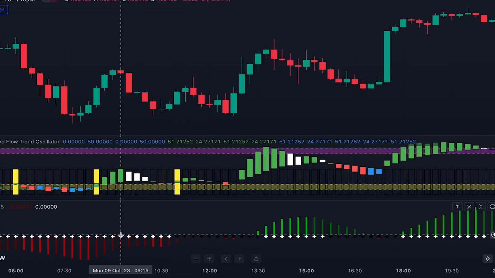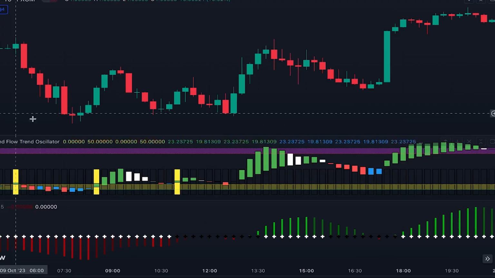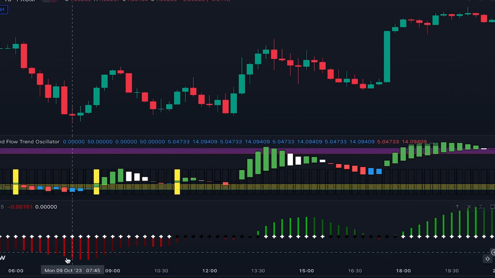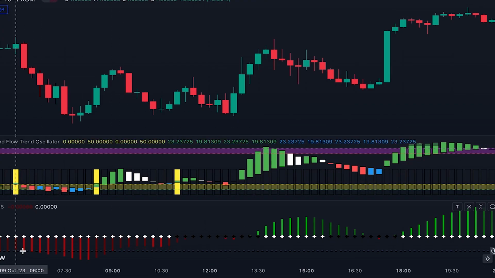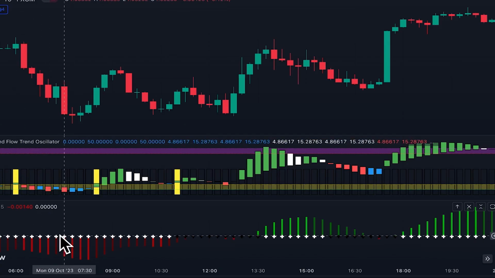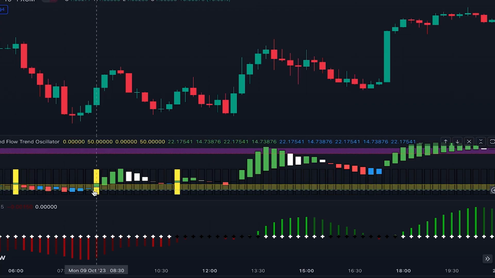When we have white crosses, it tells us that we have high volatility in the market and the price is advancing or declining depending on the market momentum, which in this case is declining because we have a red histogram here. In this situation, because we have high trading volume, this indicator may generate yellow candles like these,